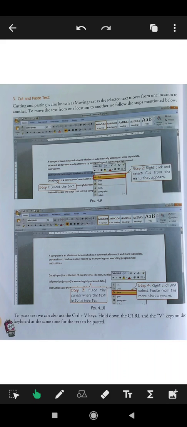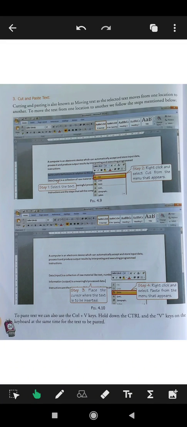Now we will discuss cut and paste. Cut means what? Moving a text from one page to another page. So this is our example of cutting a text. Cutting and pasting is also known as moving text, as the selected text moves from one location to another.